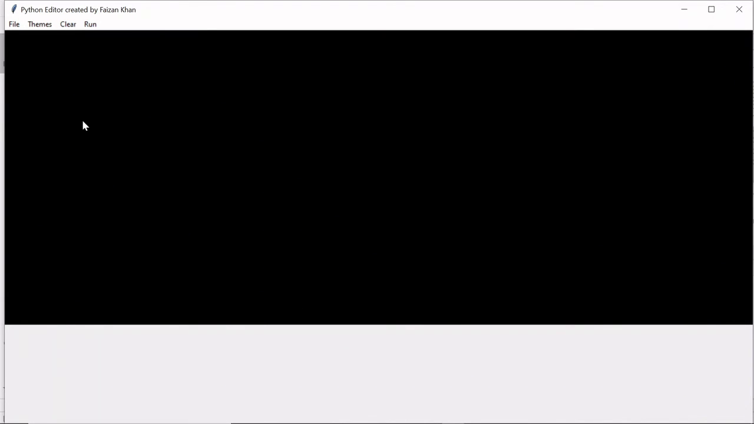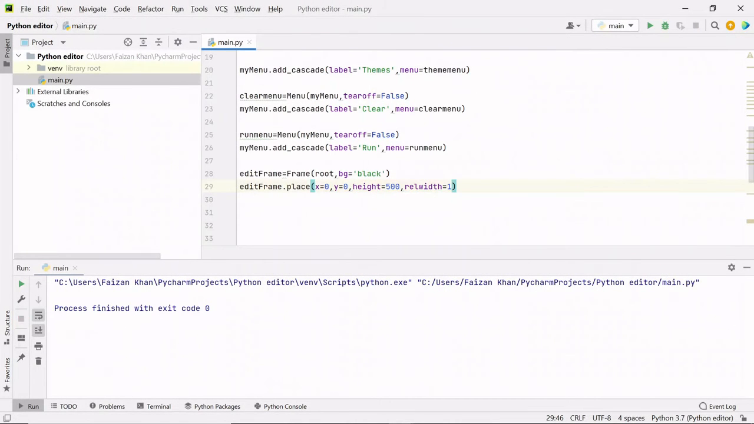Okay, the height is 500, but the width is 1, which means it's a relative width, so it will take the complete width or the horizontal space of your window like this. Instead of black as the background color, I'll change it to white for now. This is the only change I did. So this is the edit frame that I created, and inside this frame we will be adding the text